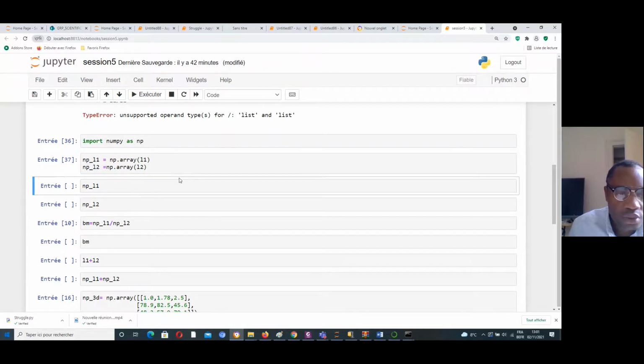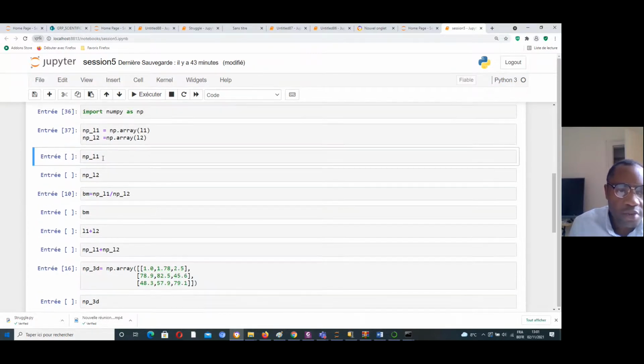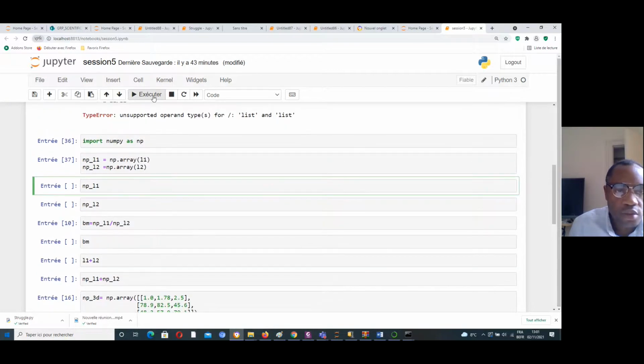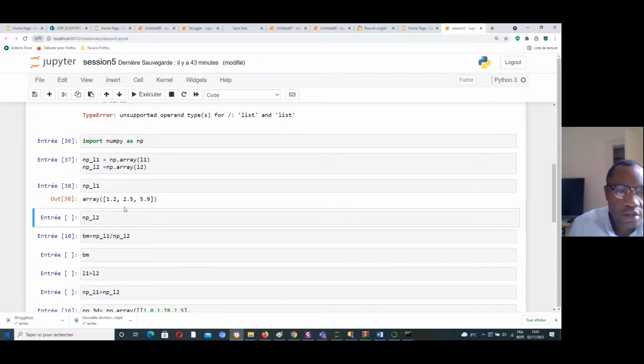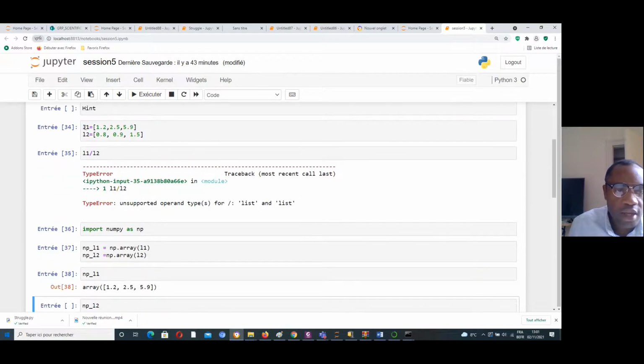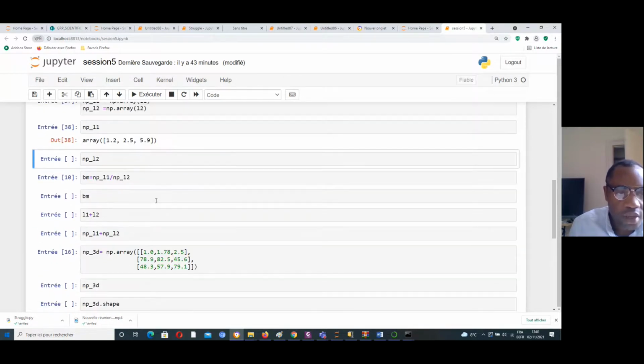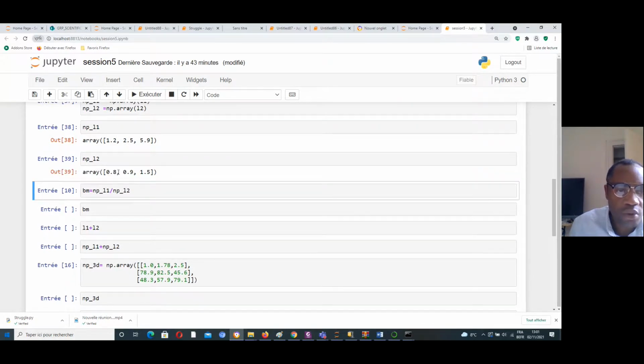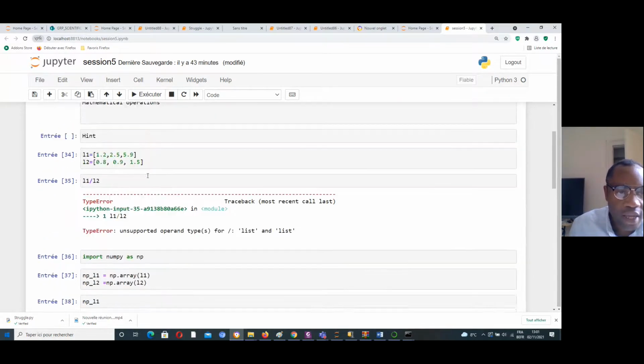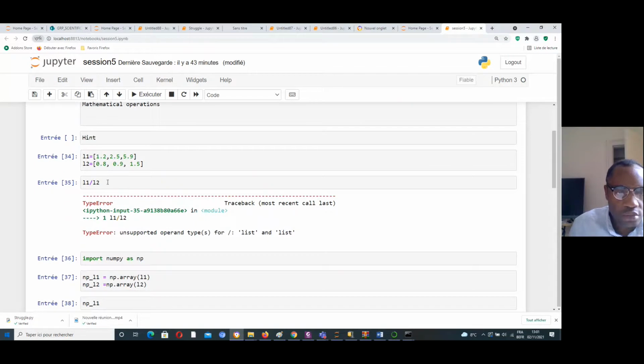When I execute and print this one, I get the same list as L1 here. If I print this one, I get the same content as L2.